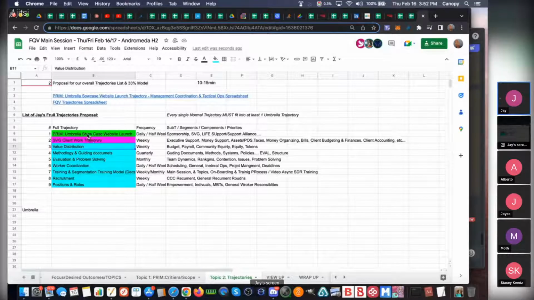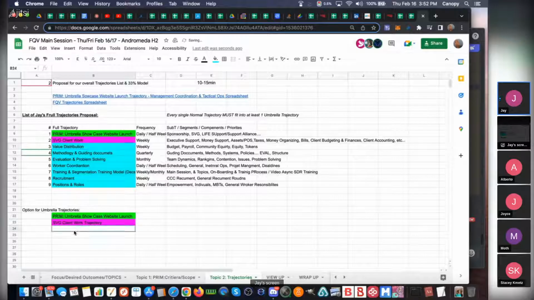Yeah. So let's make sure we have clarity here. Let's just say the options for umbrella trajectories. We haven't really gone over this yet, but we could have the options for the umbrella trajectories be the prime trajectory, the SVG client work trajectory, and then what we call general work trajectory. The question here is,